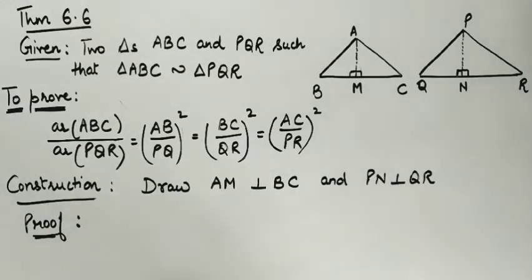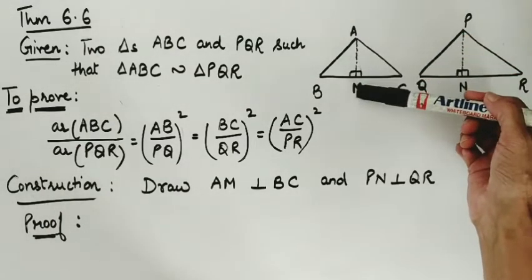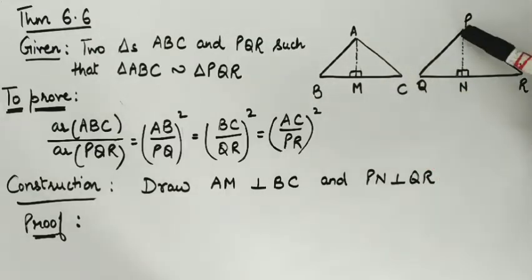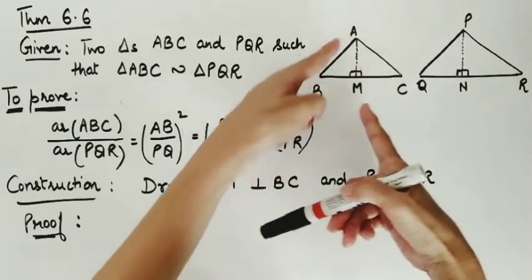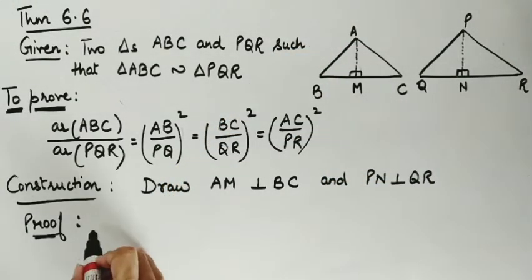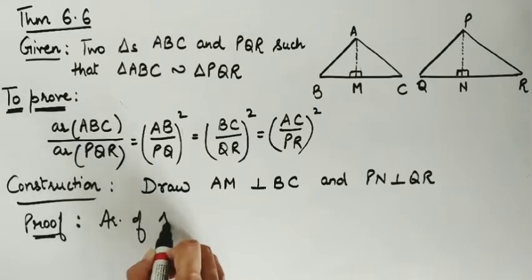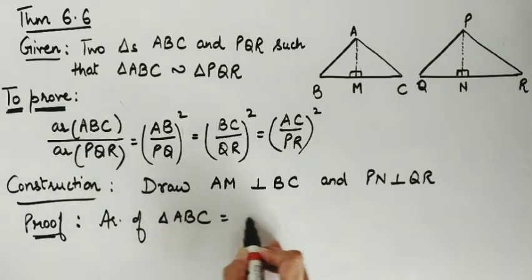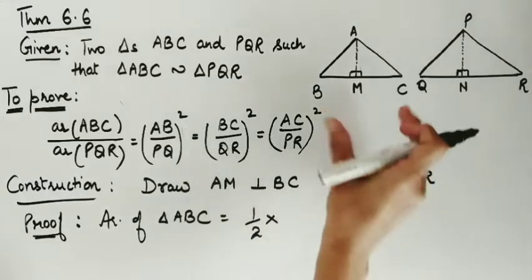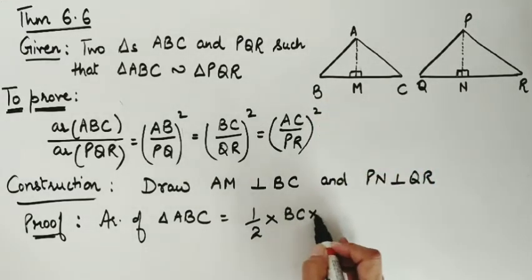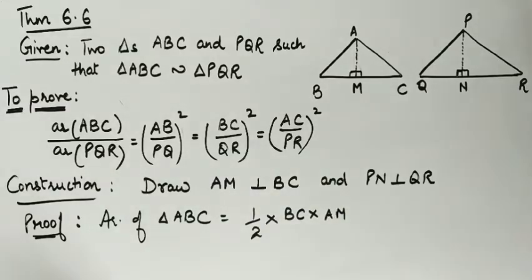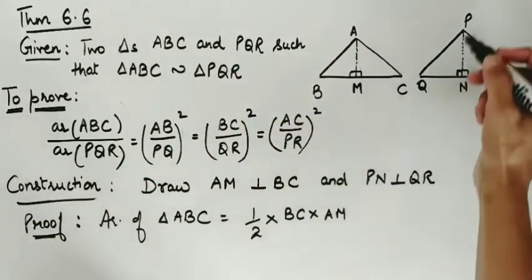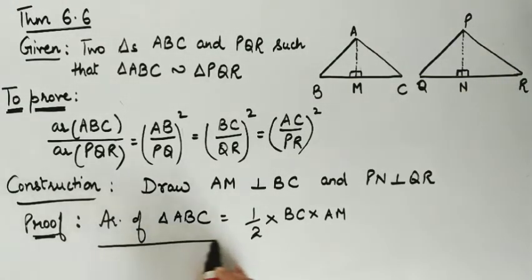So we have done a construction. We have drawn perpendiculars AM to the base BC and PN to the base QR. First of all, if I talk about the area of ABC in terms of base and height, the area of triangle ABC is half times base into height. This is for ABC, and if I take its ratio with the area of PQR,